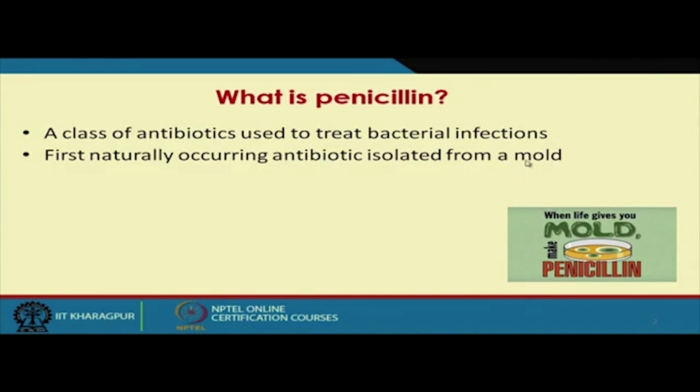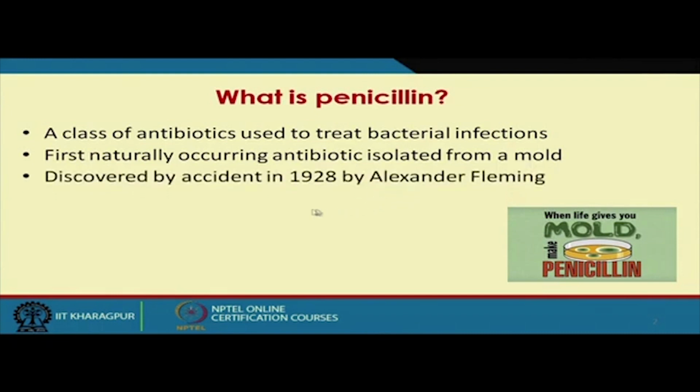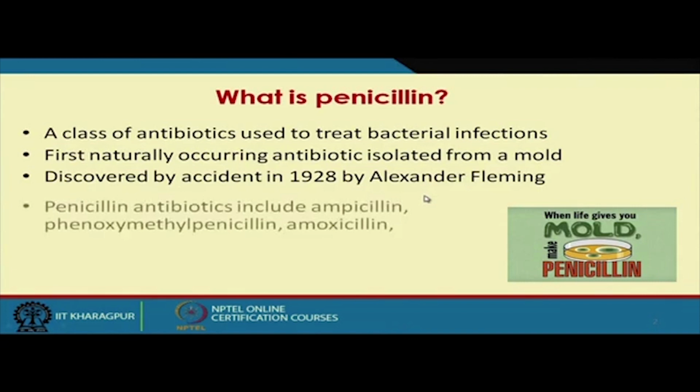The mold is a kind of fungus that is used for the production of these antibiotics, and it was discovered by accident in 1928 by Alexander Fleming. This is a very famous scientist who first discovered penicillin, which has some